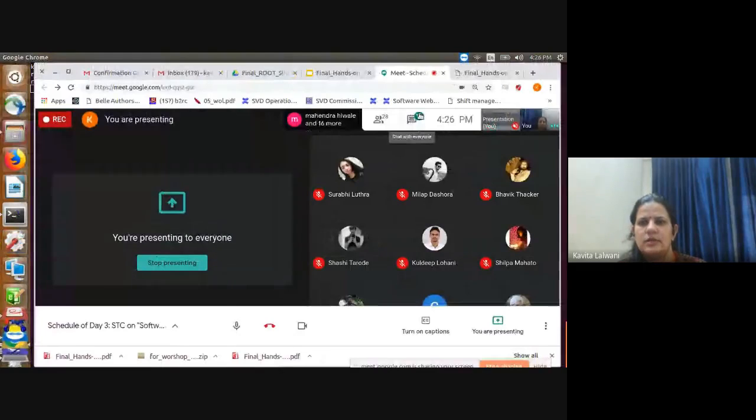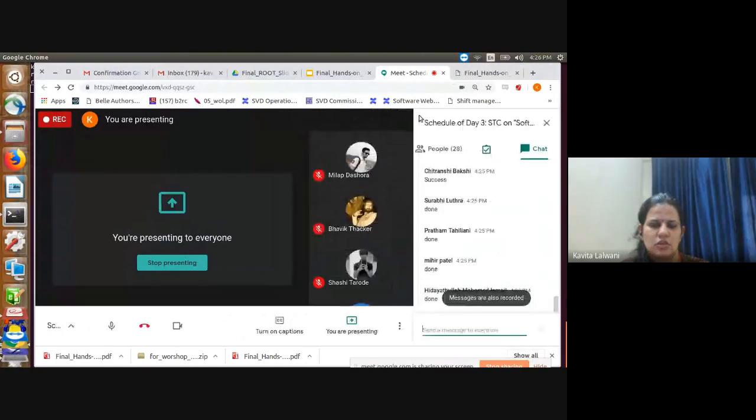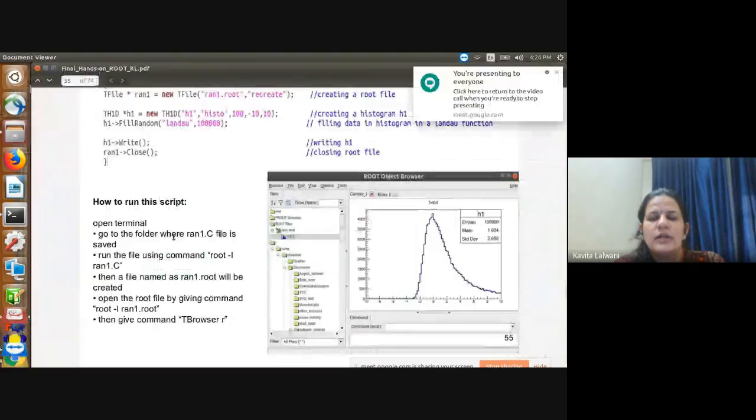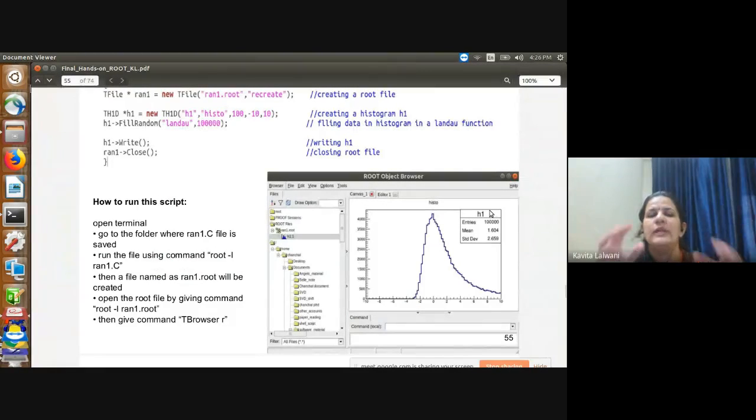Okay, I think there is a check message done. Okay, very nice. So are you happy? So you understood where you will utilize this root file. You will use it as a container for keeping all those histograms, all those graphs. Please remember that the H1,